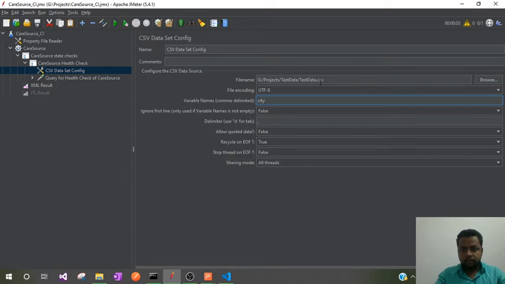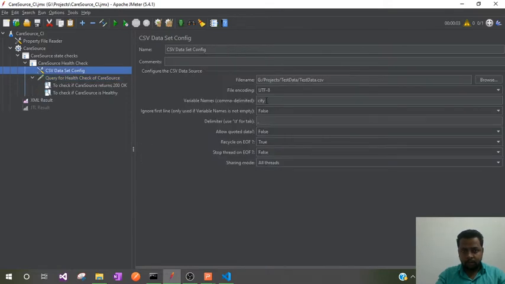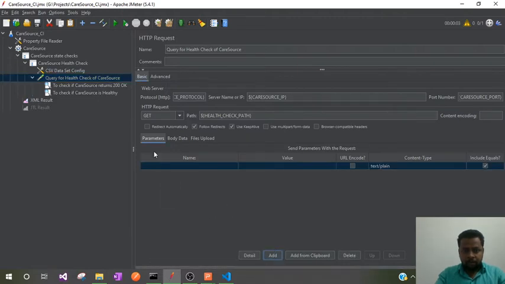Press Ctrl S, these changes will be saved, and keep the rest as the default settings. Then go to the HTTP request. Here I want to make use of that variable which is set as city, right? For that I will add some parameter for the health check request.